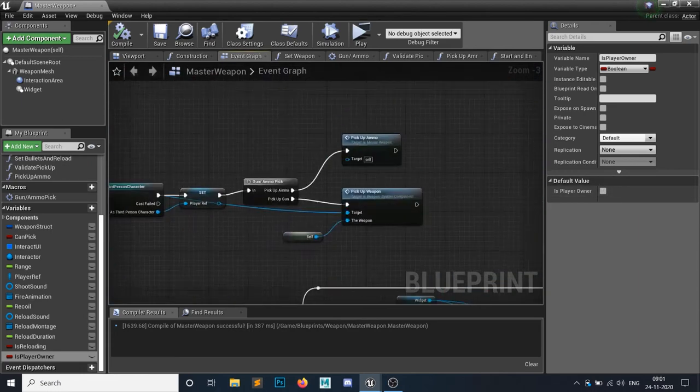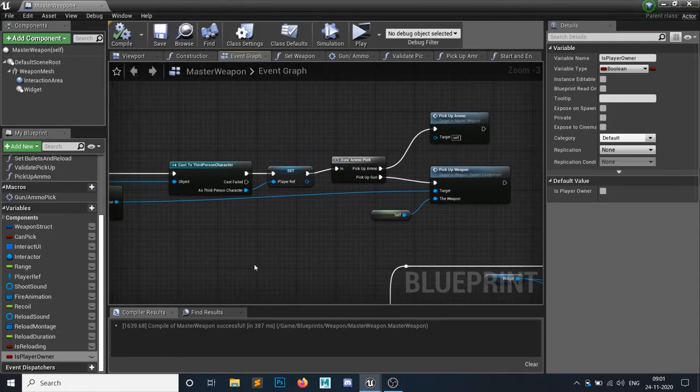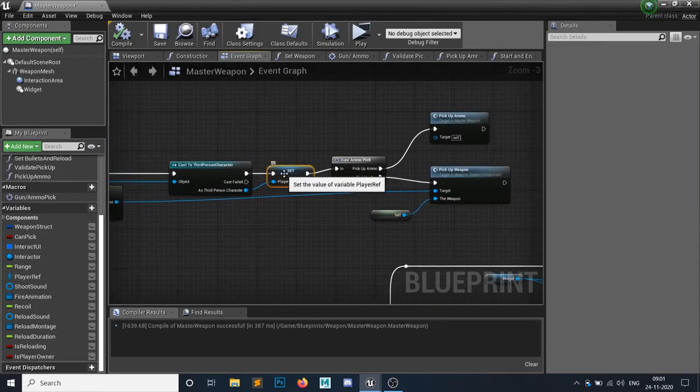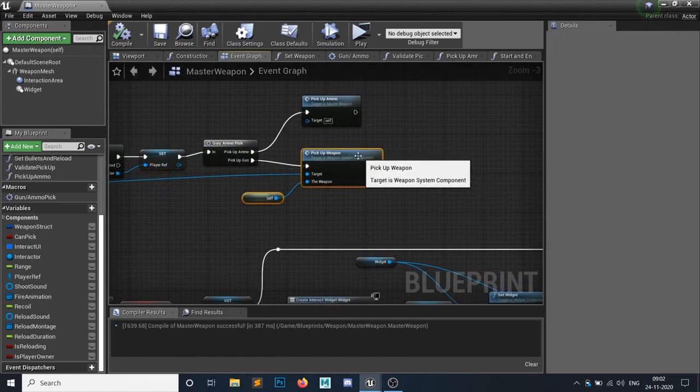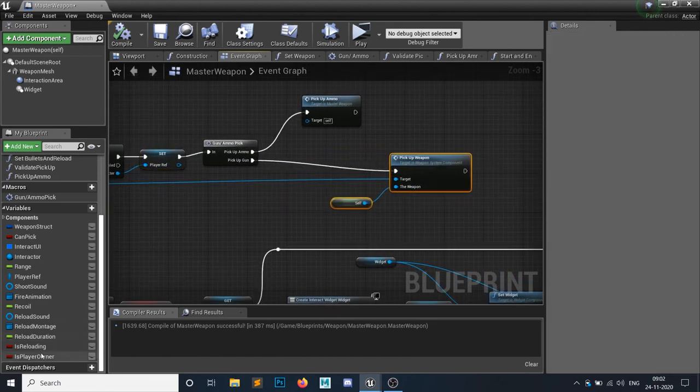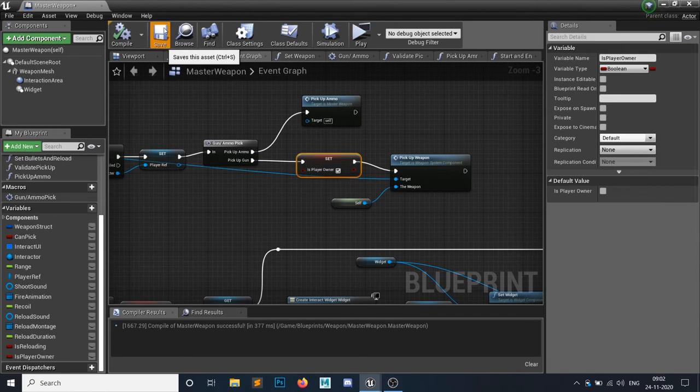So in the interact function, we are casting it, and if the casting is successful, then we are picking up the gun. So before picking up the gun, let's set this boolean to true.